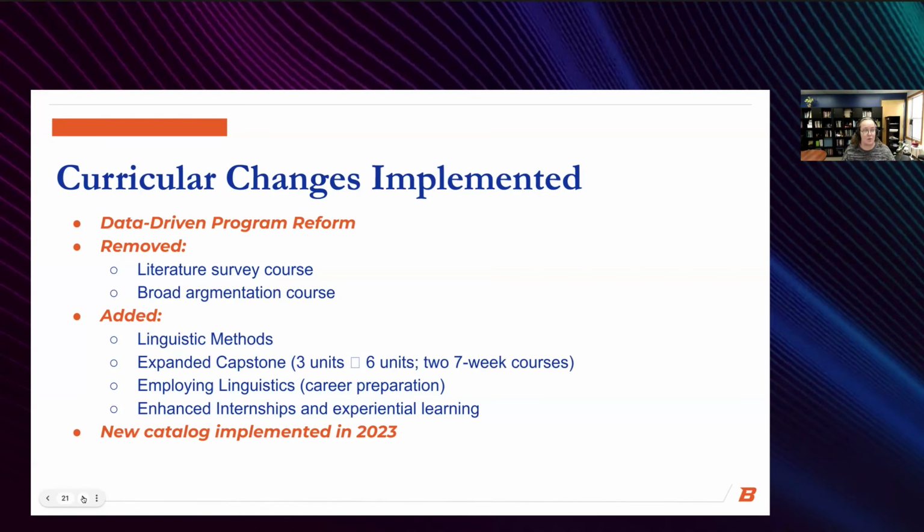We also were able to add a replacement course for the literature class in a course that we call Employing Linguistics. It's a career readiness course, and that course is taught by an adjunct who has spent her entire career working on ways to apply linguistics in a variety of settings. So preparing students for applying those skills in broad ways.